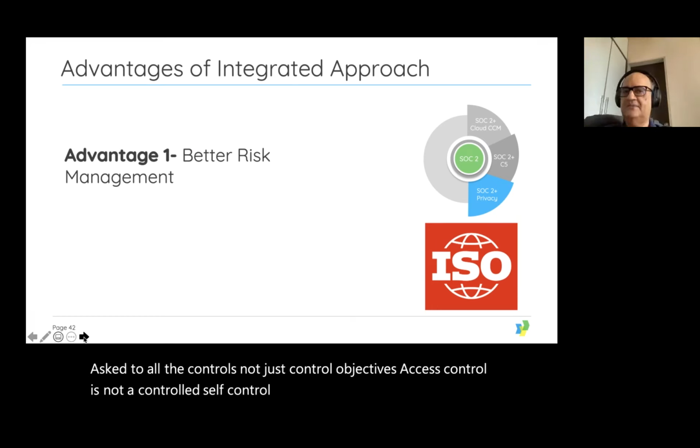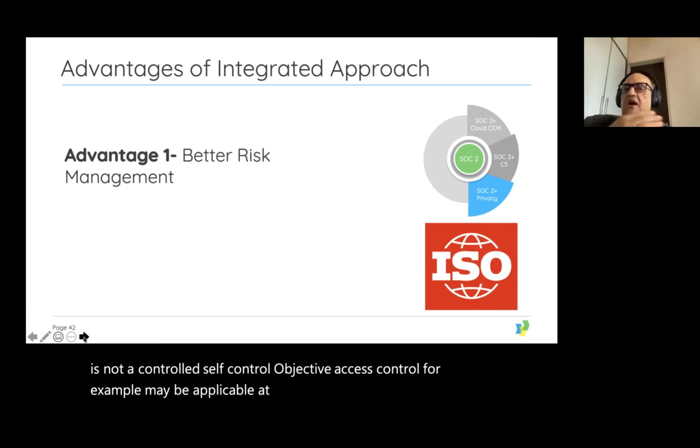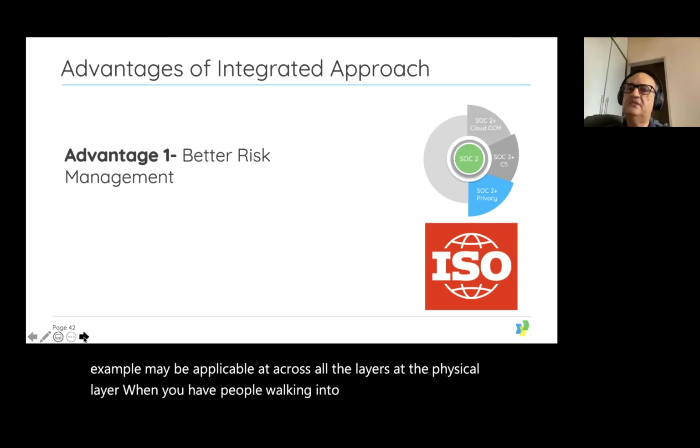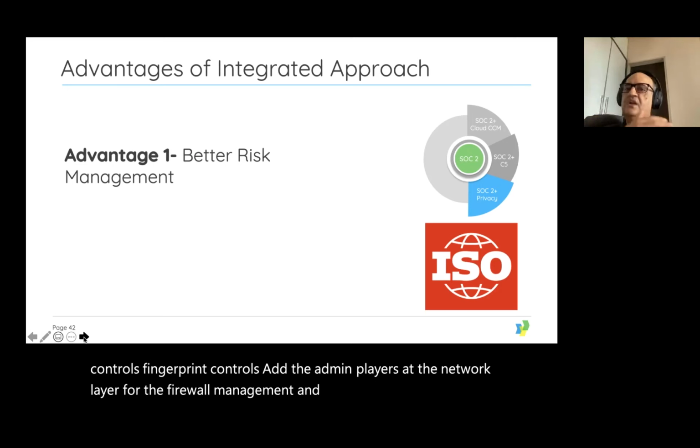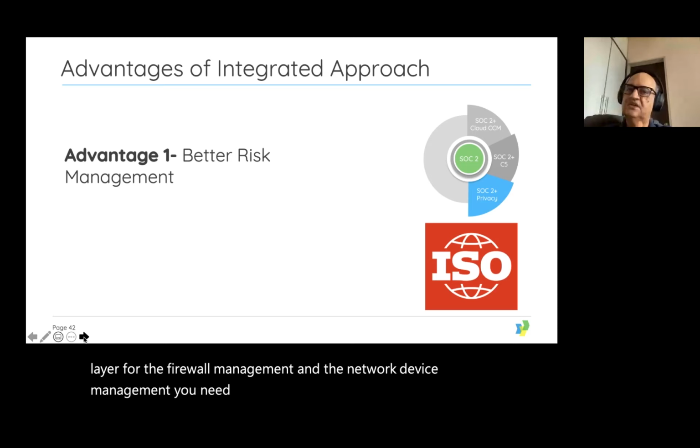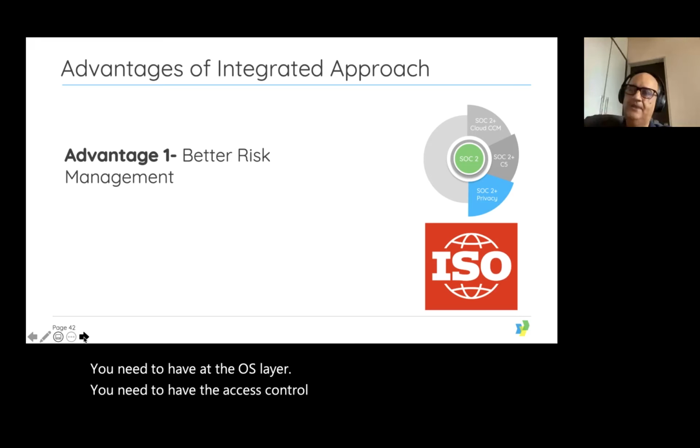Access control, for example, may be applicable across all the layers. At the physical layer, when you have people walking into the offices, you have biometric controls, fingerprint controls. At the admin layer, at the network layer, for firewall management and network device management, at the OS layer, at the application layer, at the session layer, at every layer you need to have access control.